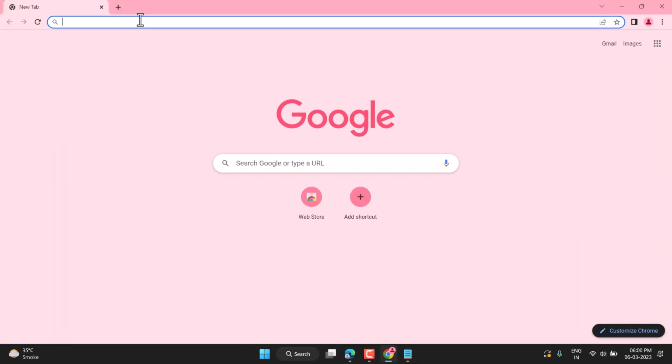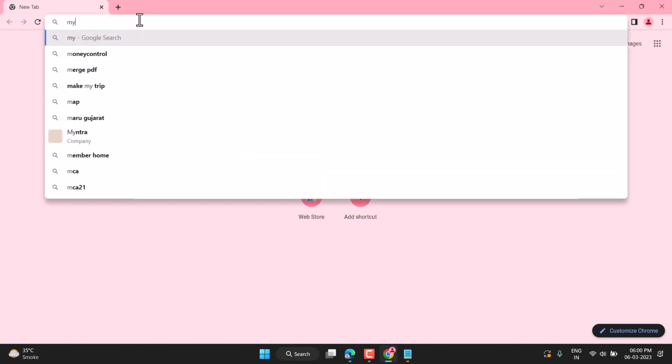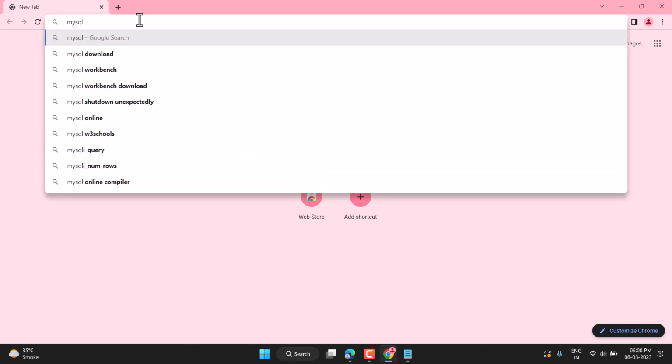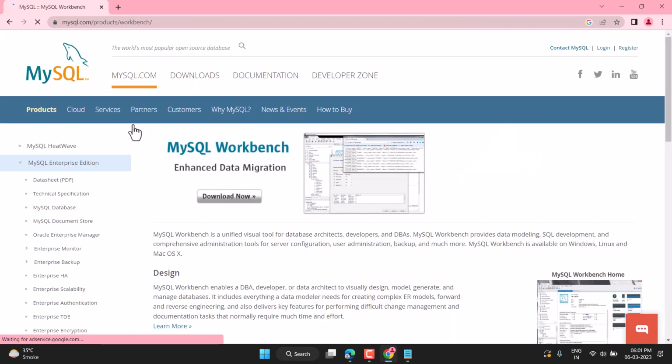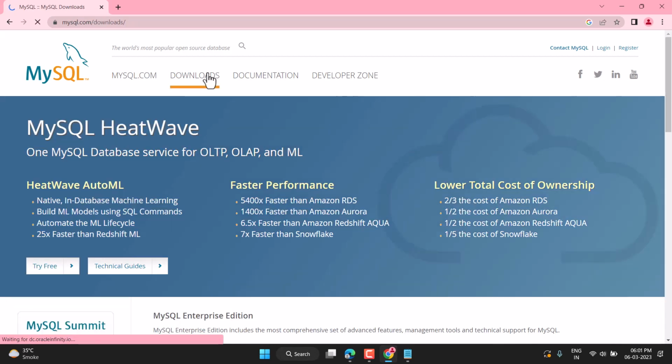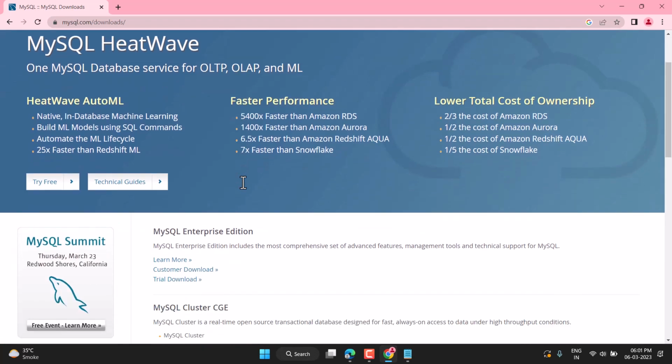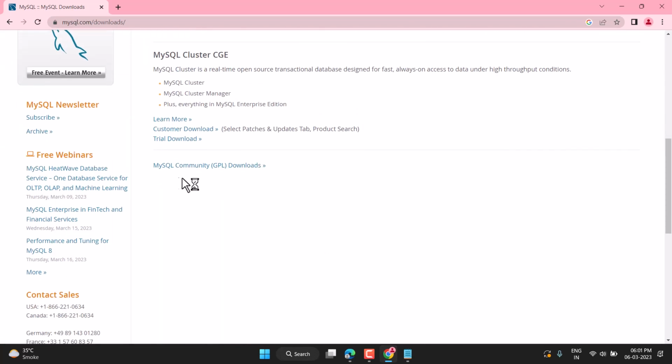Open any web browser and type here MySQL Workbench, this one. So click on it and click on this first official link. Now here click on downloads, scroll down and click on this MySQL GPL downloads. So click on this link